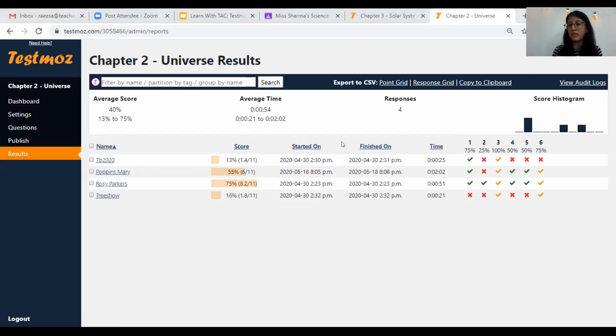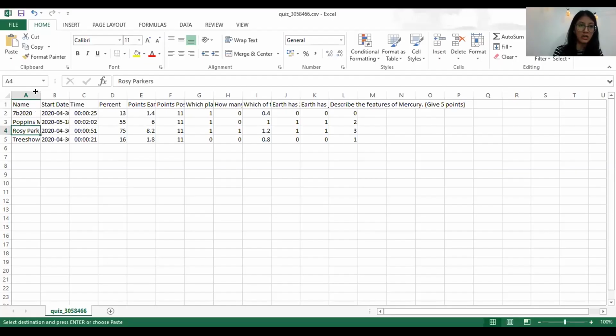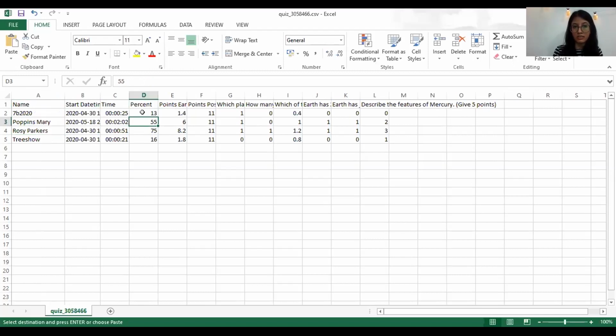So thank you for this question. Like I said, we had not explored this before, and for this question we went ahead to explore that. It has given me an Excel sheet with all of my student names, with the start date, with the time, how much percentage they have secured in this test, and what are the points or the marks that they have earned, totally out of 11.